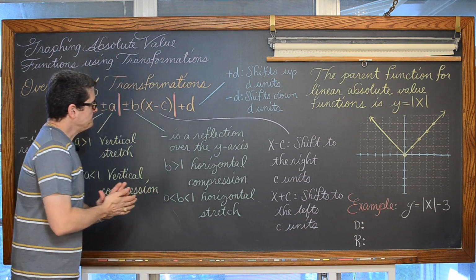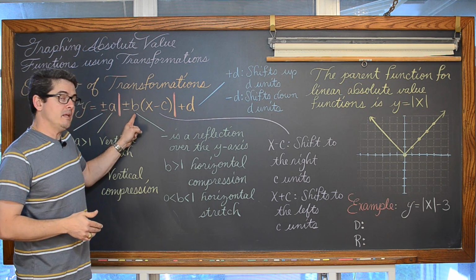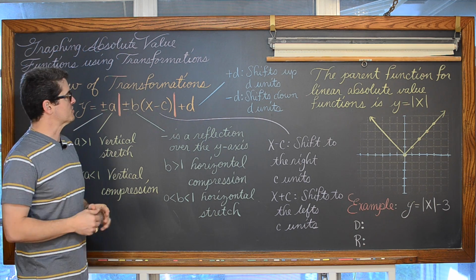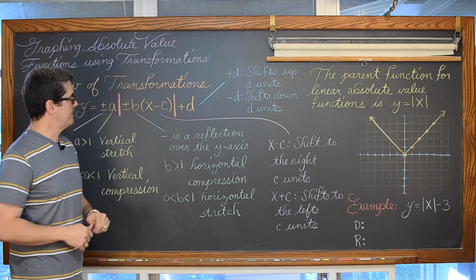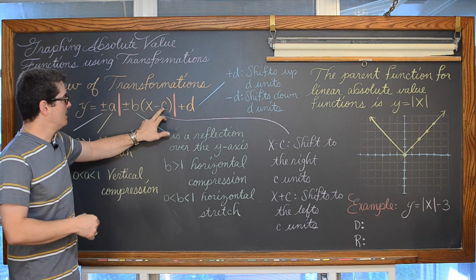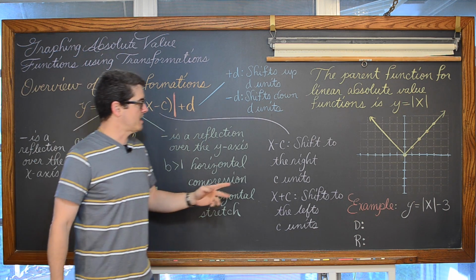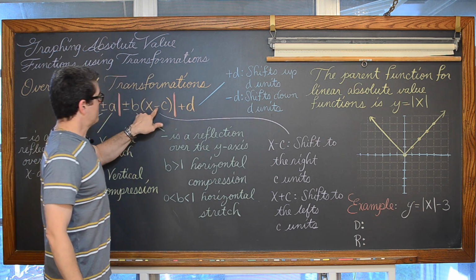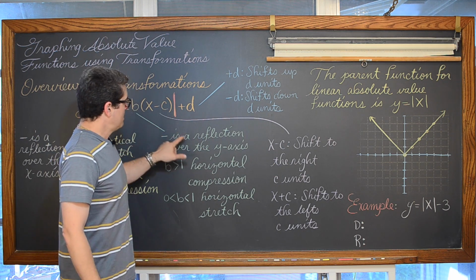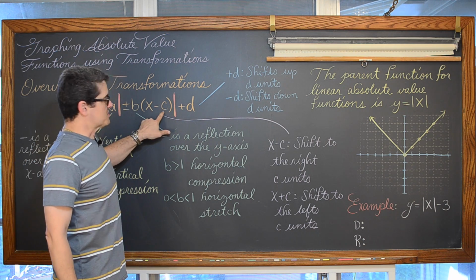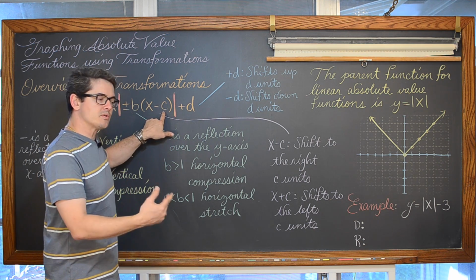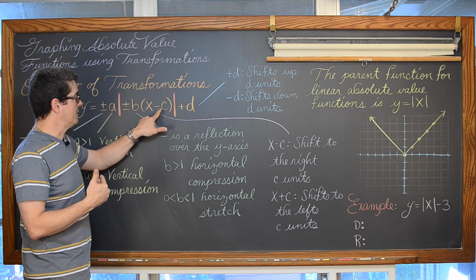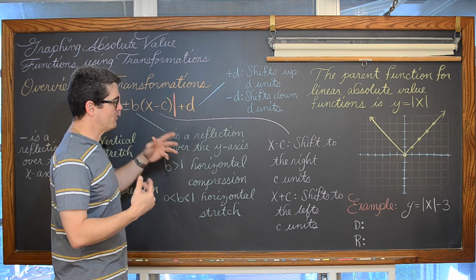Now, again, if your b is in front of these parentheses and the coefficient of x, which is inside your main math function, is set equal to 1, then you can just simply look at the plus or minus that's with that c and understand that that is a shift to the left or the right. So if you have x minus c, notice that's in the sort of standard form. You might look at that and say like x minus 2, oh, you're subtracting 2 from the x's, so it's going to move the graph to the left as if you're going into the negative direction, but the negative's already in that parent function, and that would be a shift to the right.